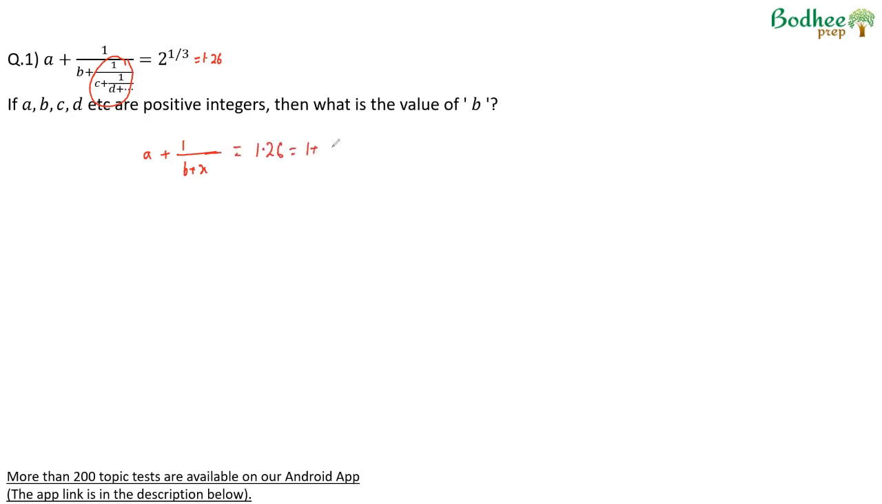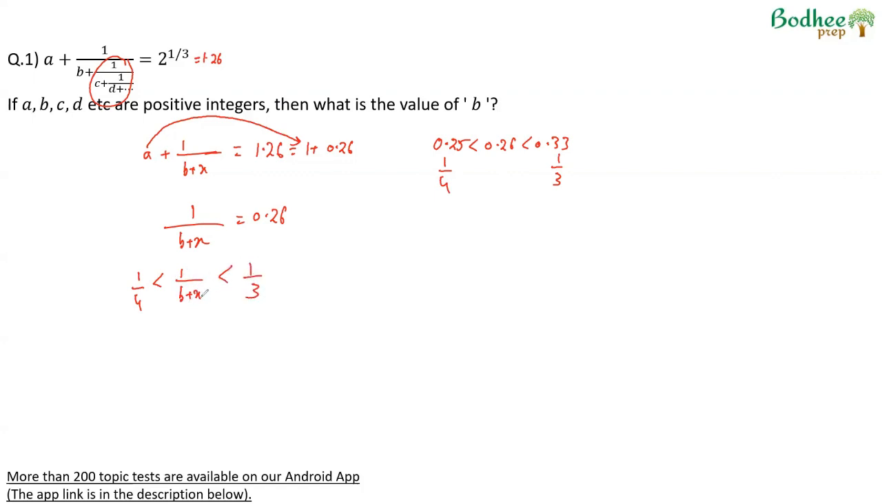Or this can be written as 1 plus 0.26. From here, I can say that A will take the value of 1 because 1 upon B plus X will take the value of 0.26. So 1 upon B plus X is equal to 0.26. 0.26, now we have to understand, lies between 0.25 and 0.33. Why 0.25 and 0.33? Because the fraction value of these numbers is known. And therefore, we can say that 1 by 4 is less than 1 by B plus X is less than